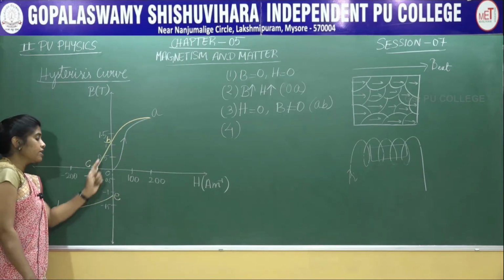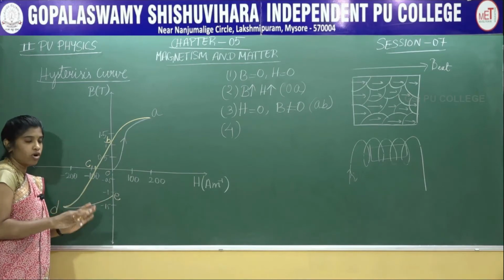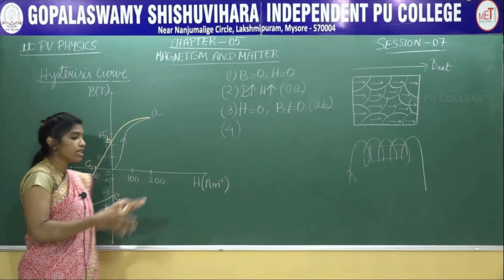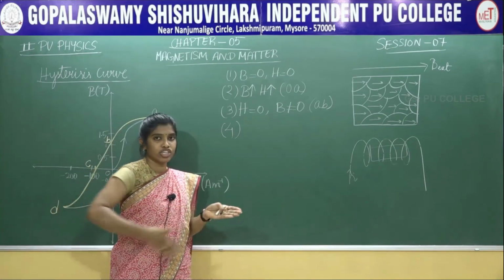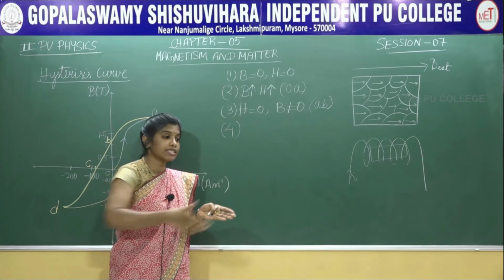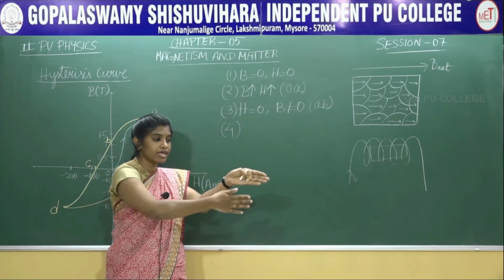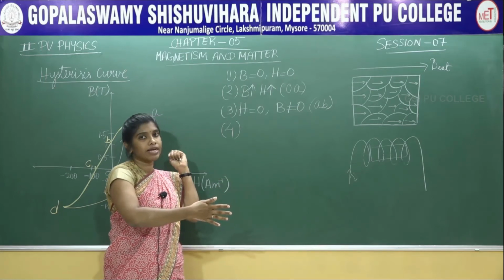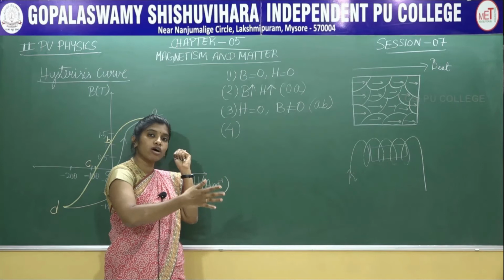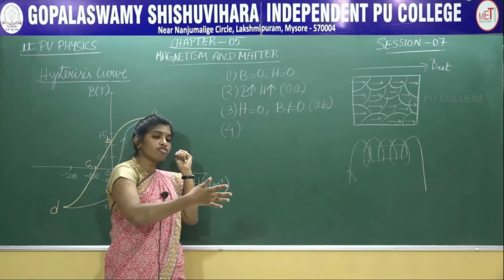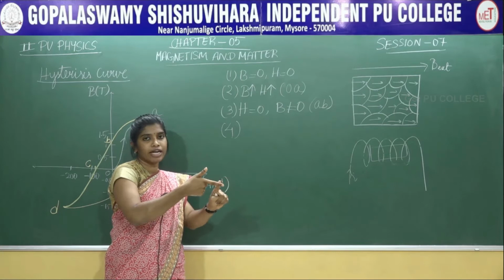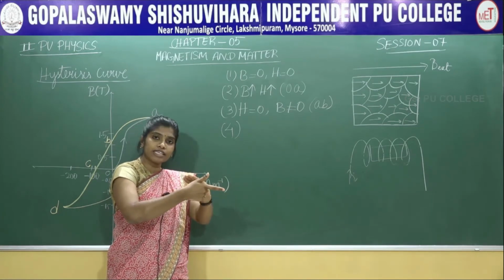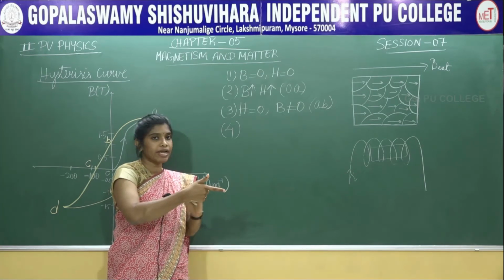Now, you can see the value of H is again 0, but the value of B is not 0. So, before, the magnetic field was in this direction, and the magnetic intensity and the magnetization were in the same direction like this. Now, I have completely removed this magnetizing field. So, what happens to the magnetization? Some of the magnetic moments get randomized, and only a few will be aligned in the same direction, so there will still be magnetization in the ferromagnetic material.